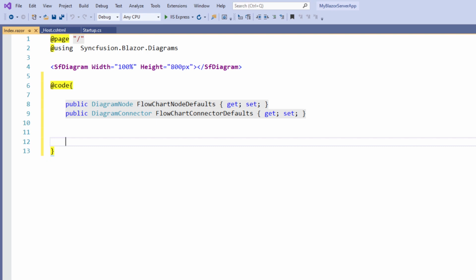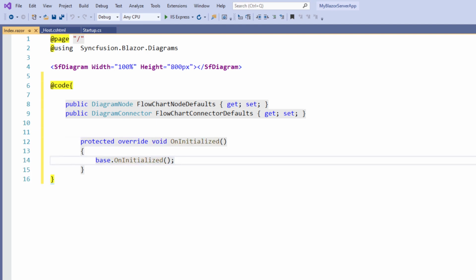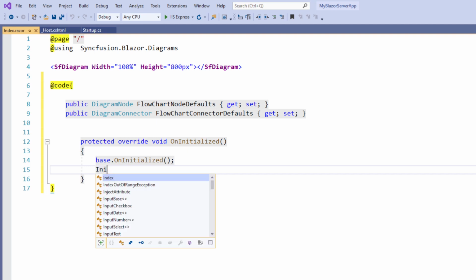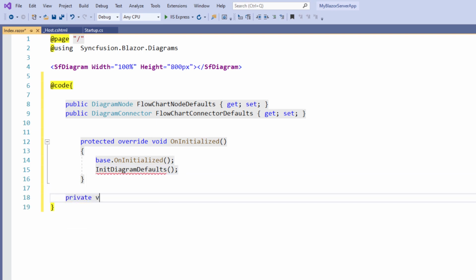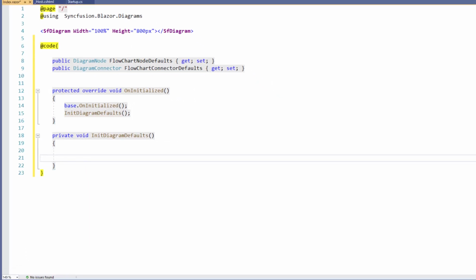Now I will create a method and define these default node and connector properties. To do that, I override the OnInitialized method, which will be called when the component is initialized, and within it, I will call the InitDiagramDefaults method, in which I am going to define the default node and default connector properties. Next, I create a private void method InitDiagramDefaults, and to the FlowchartNodeDefaults property, I create a new DiagramNode